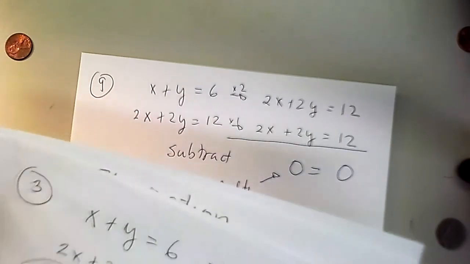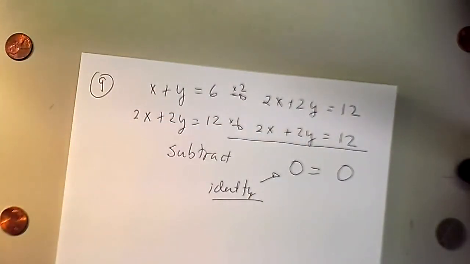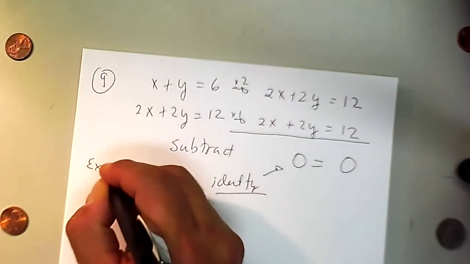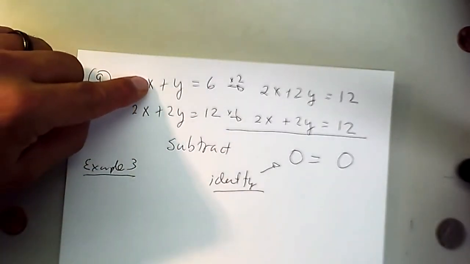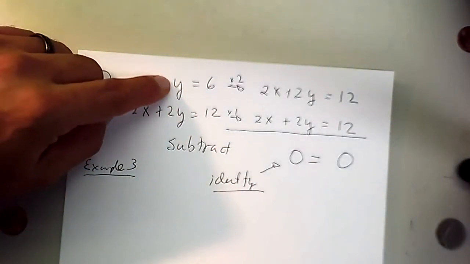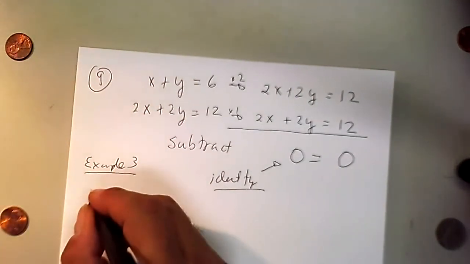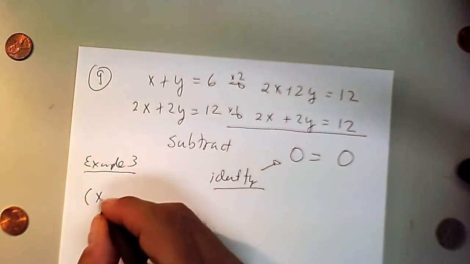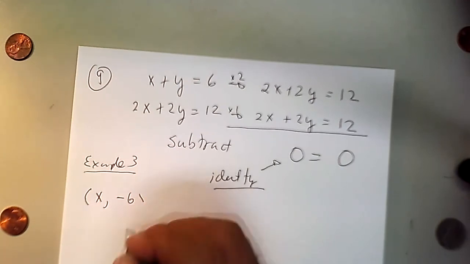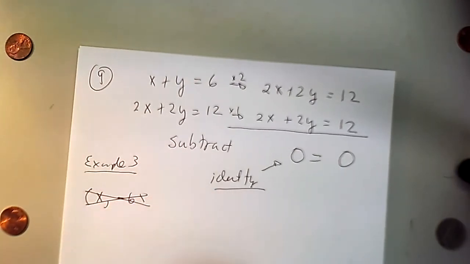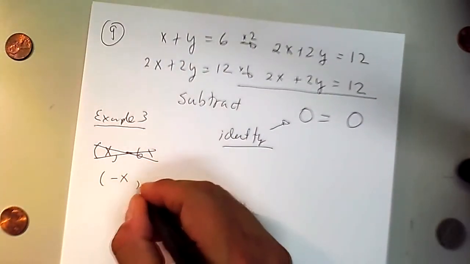Looking back, example 3. So this is exactly example 3. And if we solve for y, y equals 6 minus x, that means that x is a free variable. So one way to write the answer is x comma negative x. Oh, I wrote it wrongly. I have to get a new eraser, so I'm just going to cross that off, negative x comma,